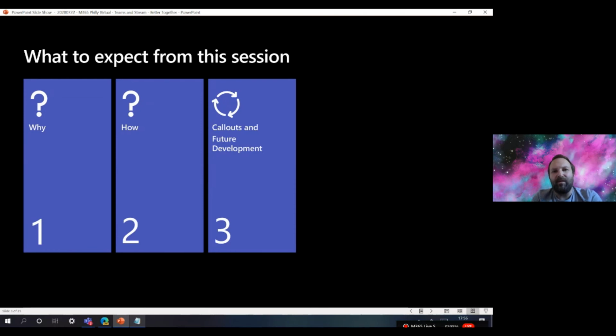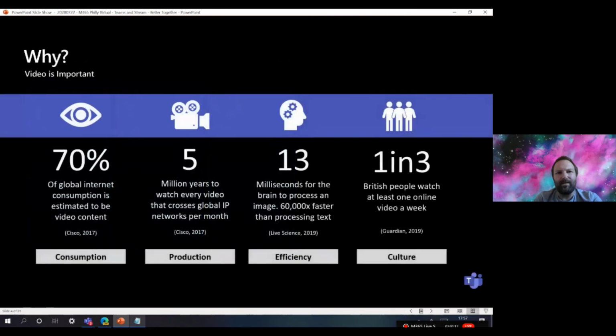This session is a level 200 session, which means it's a little bit of an introduction and with a bit of technical too. It's not going to go too far into the weeds, but it's going to give you enough to be able to go away, get hands-on after the session today. So let's get started.